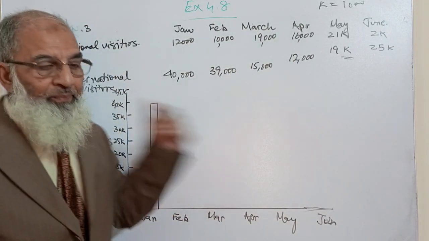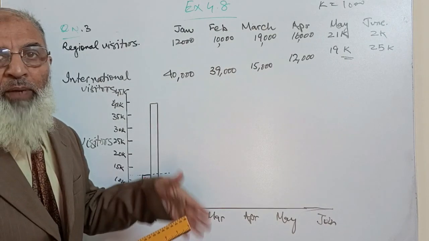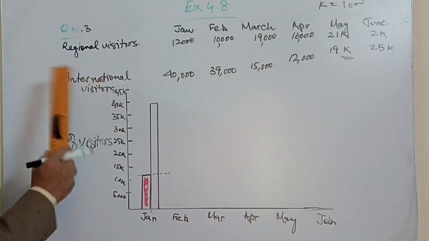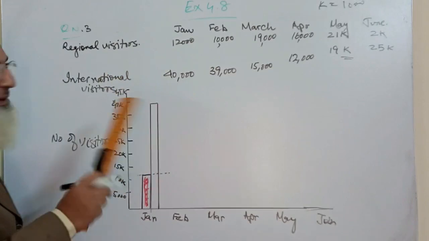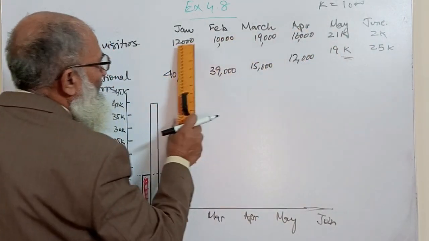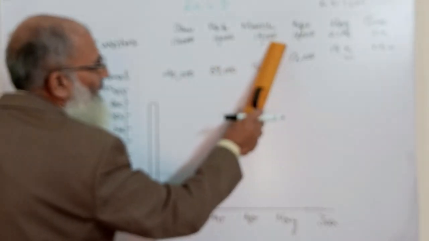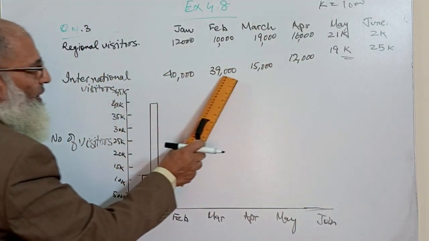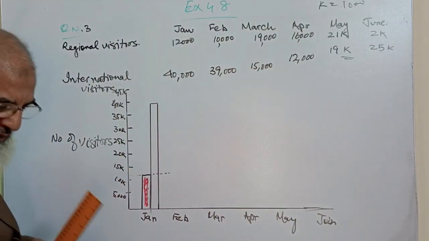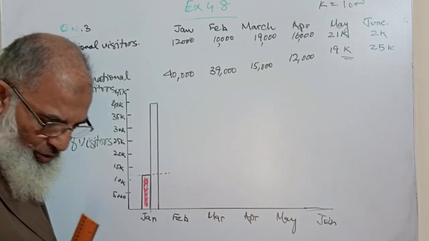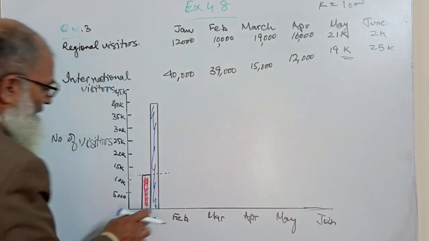जो एक क्वेश्चन आया था क्वेश्चन नंबर 4.8 के अंदर कि एक ऐसा डबल ग्राफ बनाए, कंपाउंड बार चार्ट बनाए, जिसके अंदर आपको मालूम पड़े कि एक जजीरा है उधर वेस्ट इंडीज के अंदर, तो वहां पर जो लोकल विजिटर्स हैं, रीजनल विजिटर्स, वो इतने वहां पर विजिट करते हैं, यानी 12,000, 10,000, और इस महीने के अंदर 12,000 आए, फरवरी के अंदर 10, मार्च के अंदर इतने, और जो इंटरनेशनल विजिटर्स हैं वो 40,000 उन्हीं अयाम के अंदर देखने आते हैं। तो उसके लिए उन्होंने हमें कहा है कि हम बनाएं एक अदद ऐसा चार्ट जो कि दोनों को डिपिक्ट करे। अब ये देखें कि ये मैंने दोनों को डिपिक्ट करके दिखा दिया।